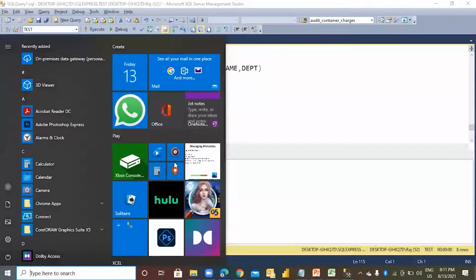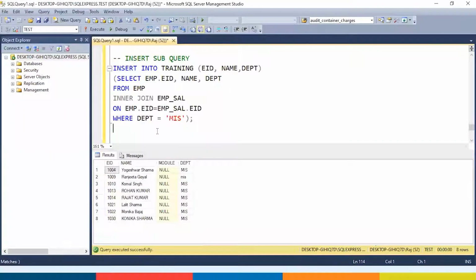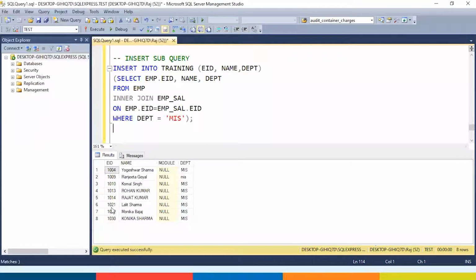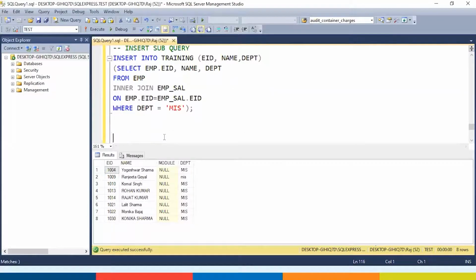I wanted to update it, so I will say update training set module is equal to SQL.